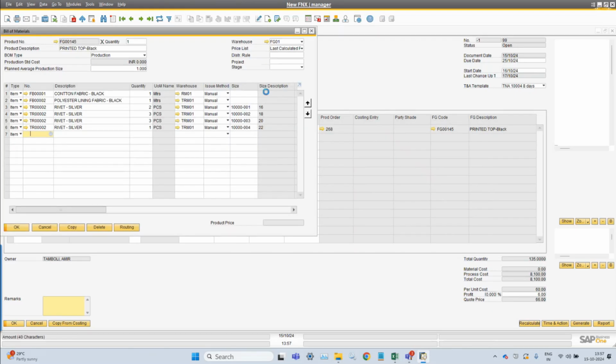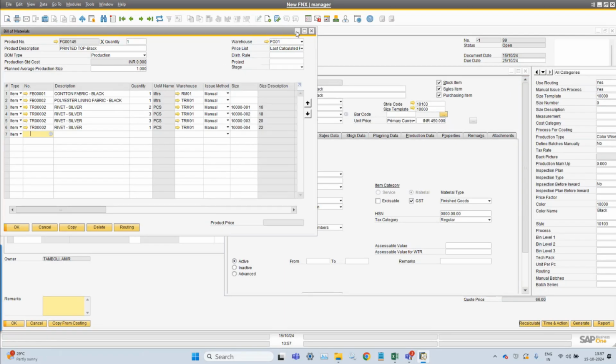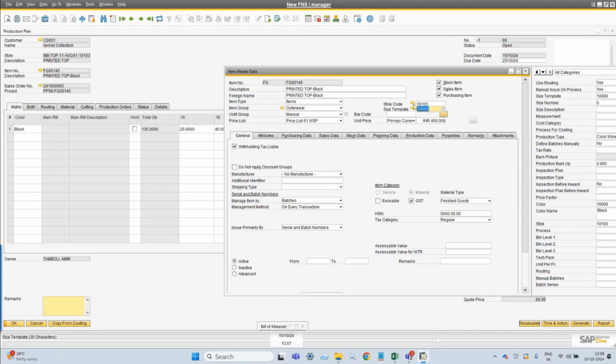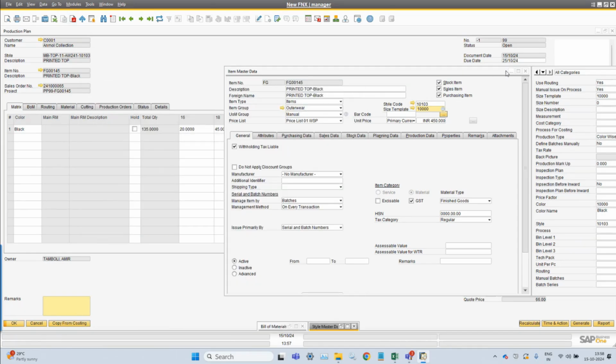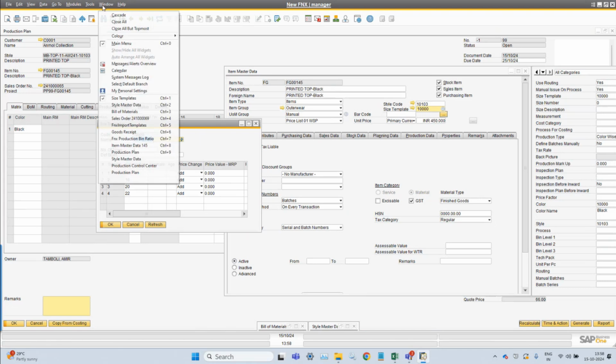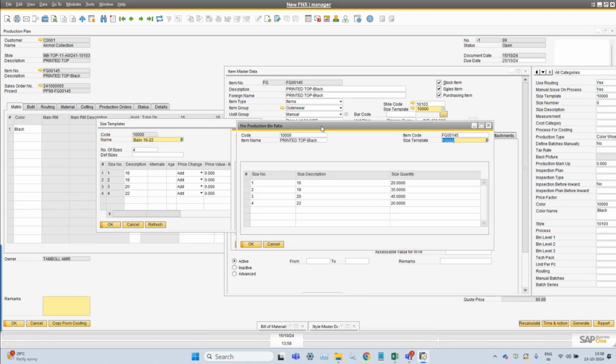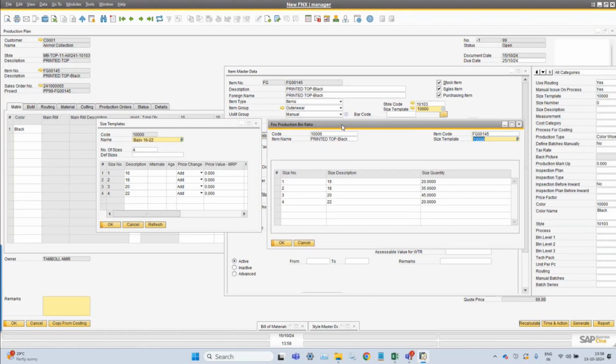You can see it from here, as well as you will get that particular size template on the style as well. So you have to take up that size template, open it, and define exactly what the ratio is. What is the ratio for? If you have a 500 quantity,